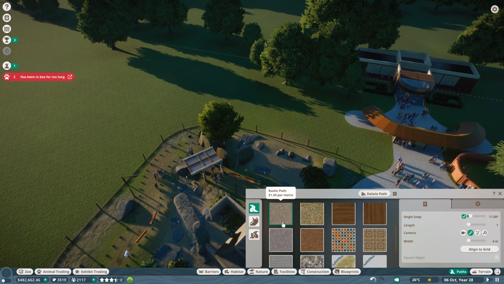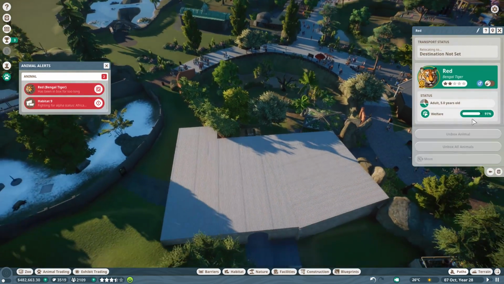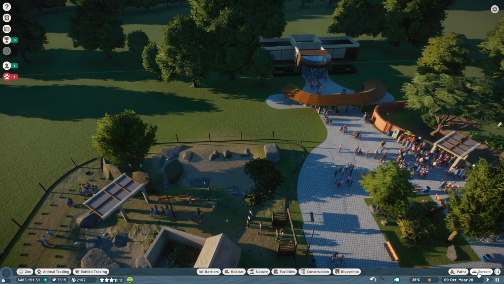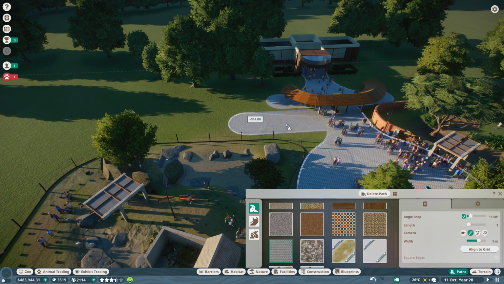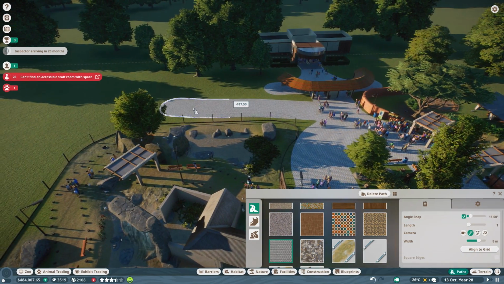Okay, so path. I'm going to use this hexagon one, which can be 8 meters. Hell yes. Okay, so that's going to be